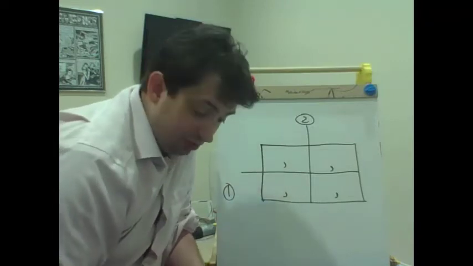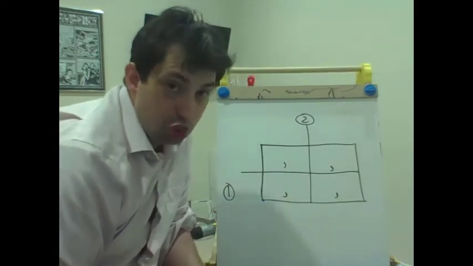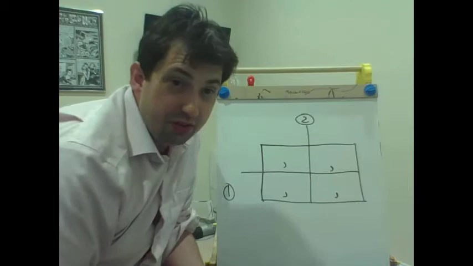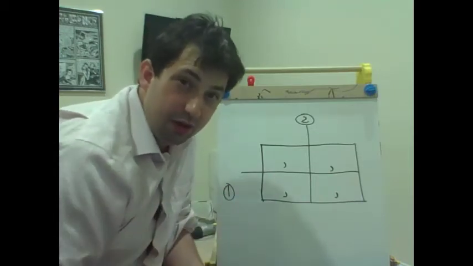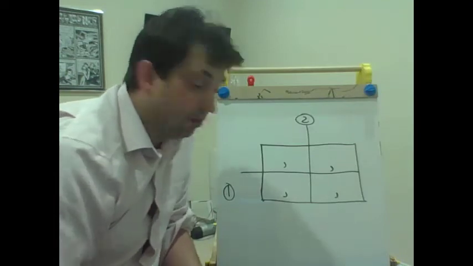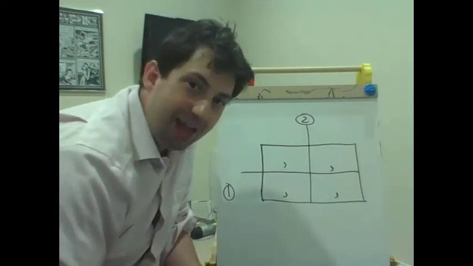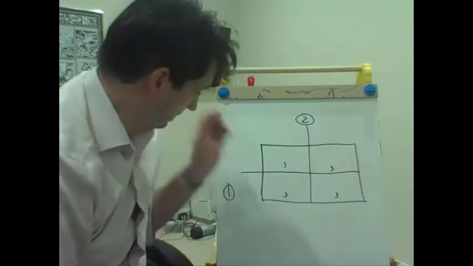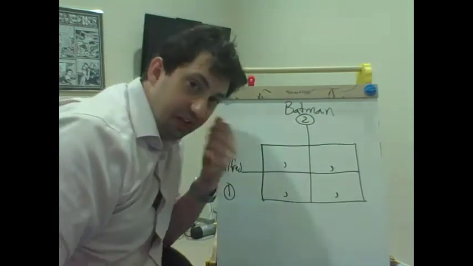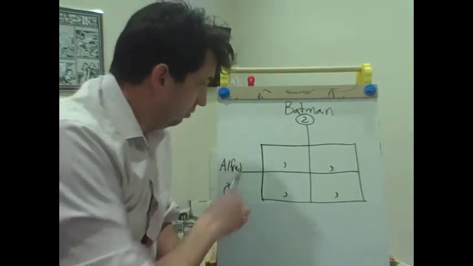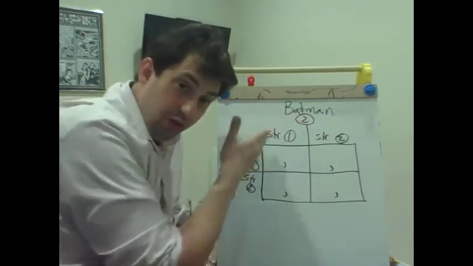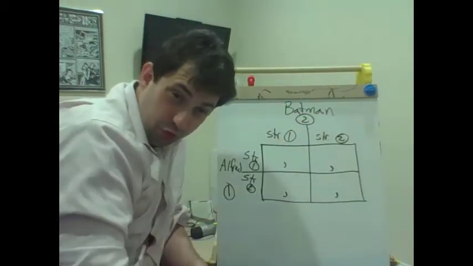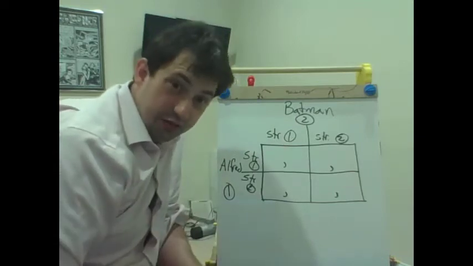I'm going to make this as clear as I can by color coding it. Of course, in practice, it's not going to be color-coded, but I want to do it this first time to help you get a better idea of how this works. And I'm also going to name my players. I'm going to call them Alfred and Batman. I like it because it's A and B, Alfred and Batman, 1 and 2. Now in this scenario, I'm making the strategies the same, so they have the same choices, but that doesn't have to be the case.